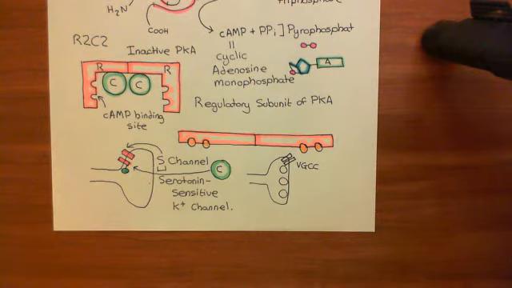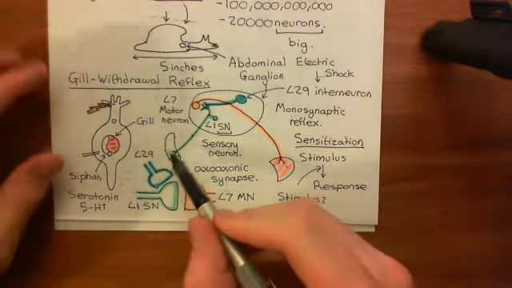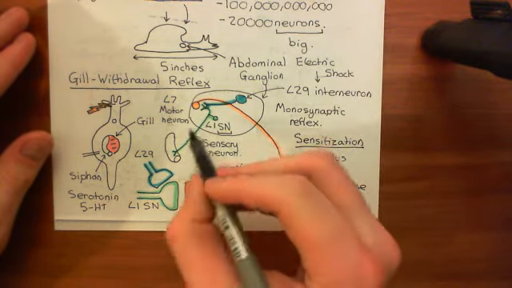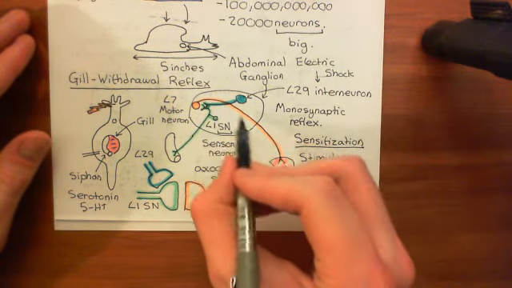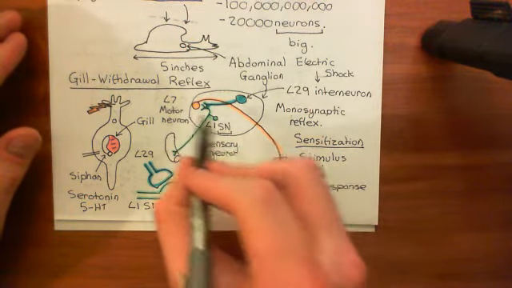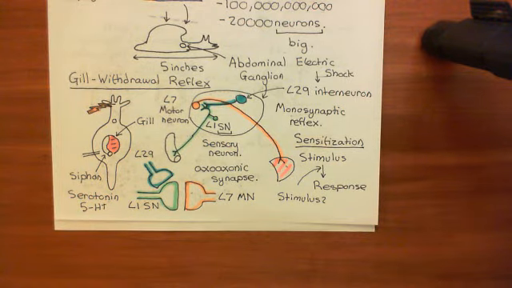Okay, so just to recite the bigger picture again, that means now that when you stimulate the L1 sensory neuron by putting your water onto the siphon, it will release a greater amount of neurotransmitter onto the L7 motor neuron, which means the L7 motor neuron will fire a higher frequency of action potentials, which means that the gill will now contract more. And that's the basis of how the gill withdrawal reflex is sensitized by shocking the head of